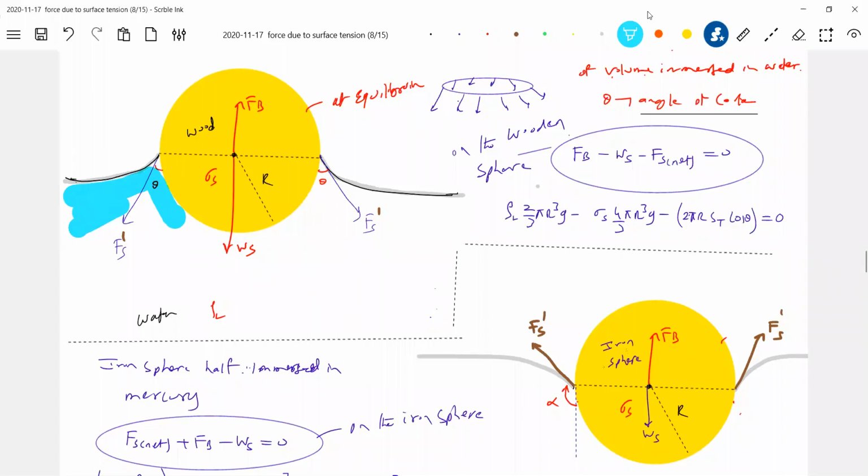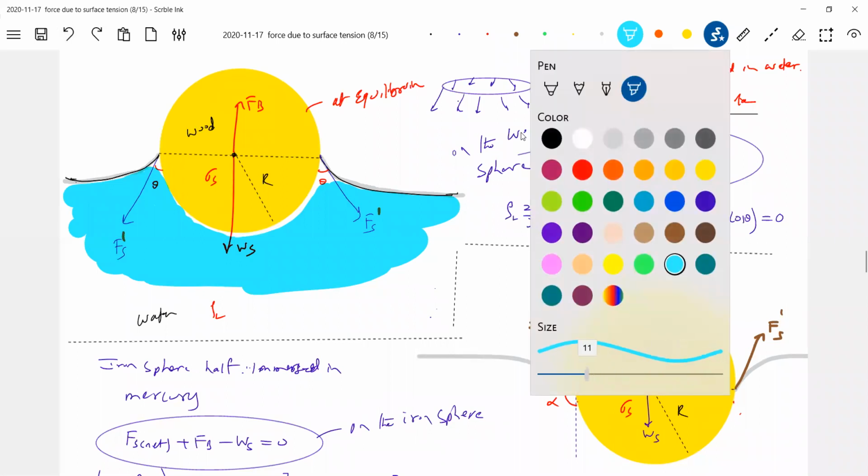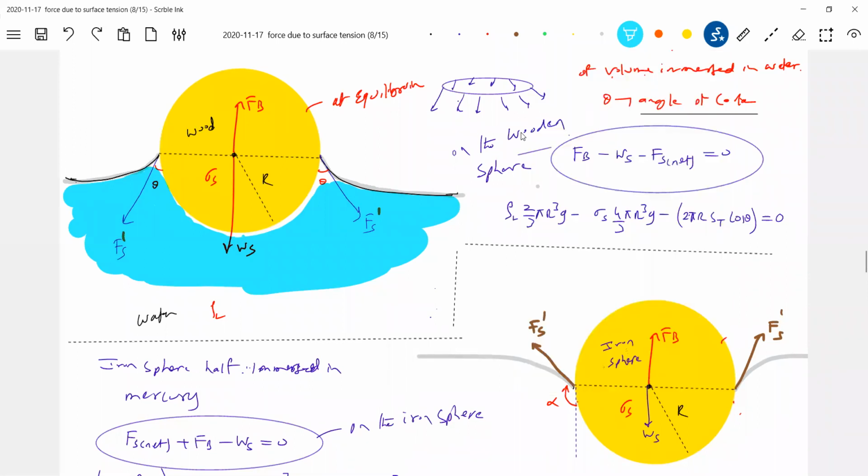Why we didn't consider that? See, we have to learn in order, no? First, fluid statics we should know properly. Without fluid statics, how will you learn surface tension? First, we should know fluid statics and dynamics. Sir, but there also we have to consider this force, no, sir? We are learning. We are not gathering information. You should learn in order. Everywhere it will be there. After learning this chapter, then you work out all.